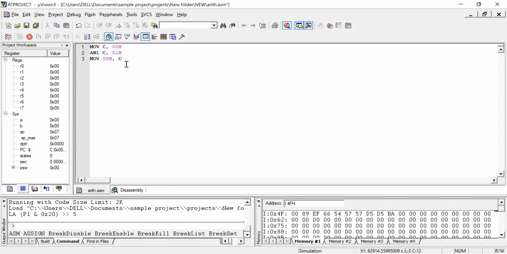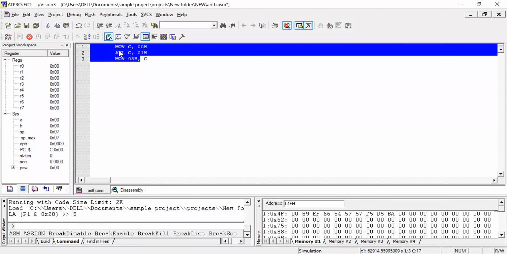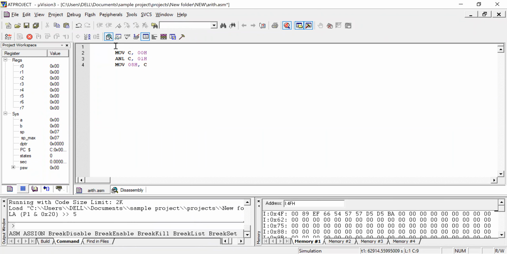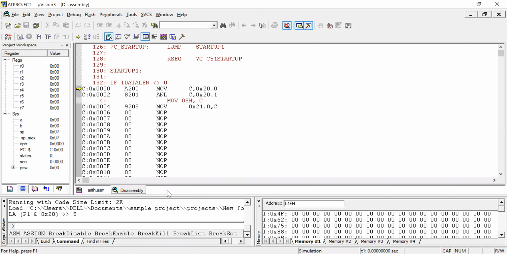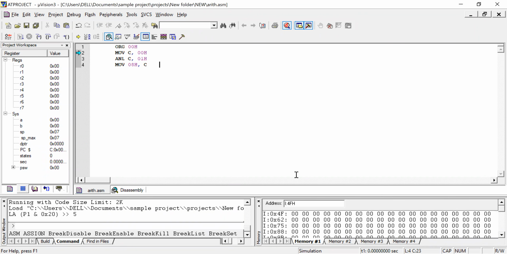Now we will come to normal mode and build the program. There is no error. Debug the program. Where is location 00H? You can access it through 20H.